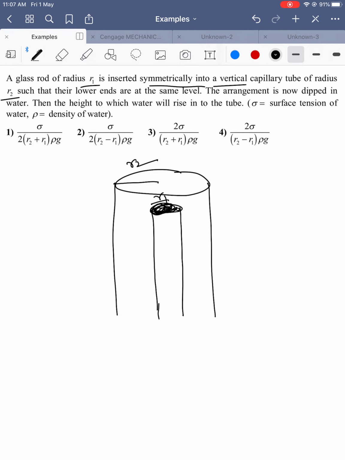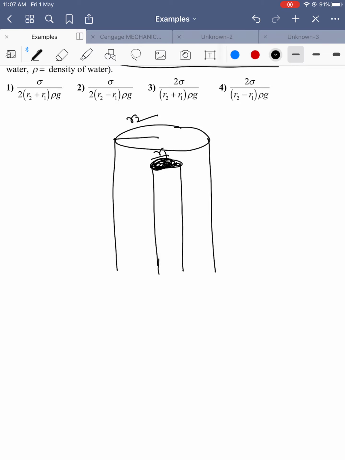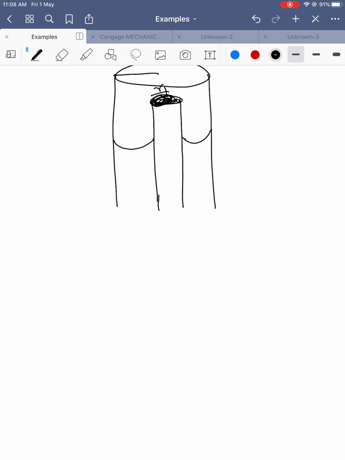Okay. Now, how much is the height of water which rises in the tube? This is a very important application. See how the water rises here. Water will be like this. Now, if you see from the side, it appears like two different tubes, but it's not. This is one tube only. If you see from the top, the glass rod is at the center. It is like this. And from the sides, this is the capillary tube and water is raised in between. It is actually looking like a disc.